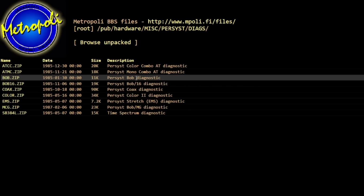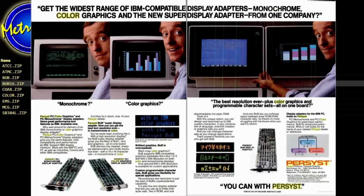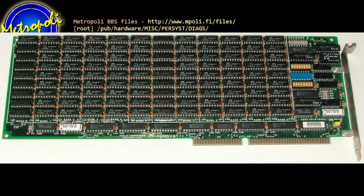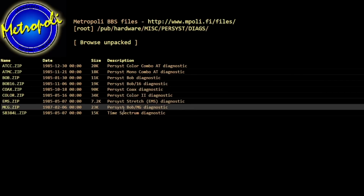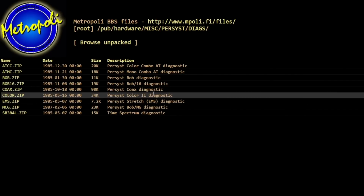There's also the Persyst BOB, and I think this stands for Best of Both. And I actually found some advertisements for this online. And there's something here called the Persyst Stretch, which presumably was a memory board, and I think it might be this one here, which I found online as well. I don't know what the other stuff is in here, but we're definitely going to give this Persyst Colour 2